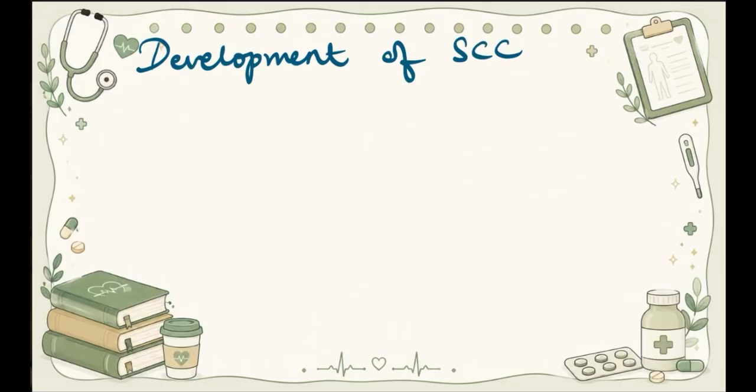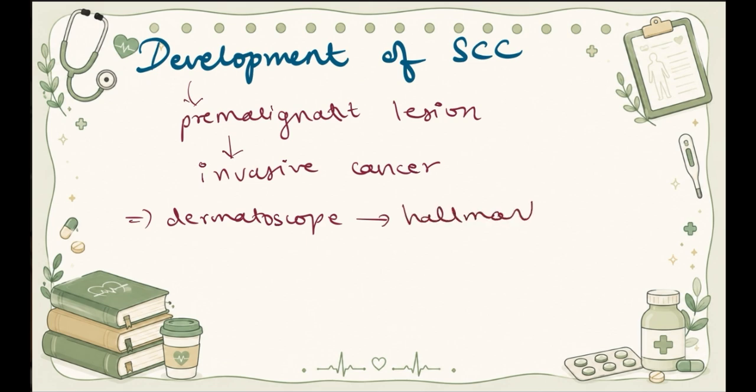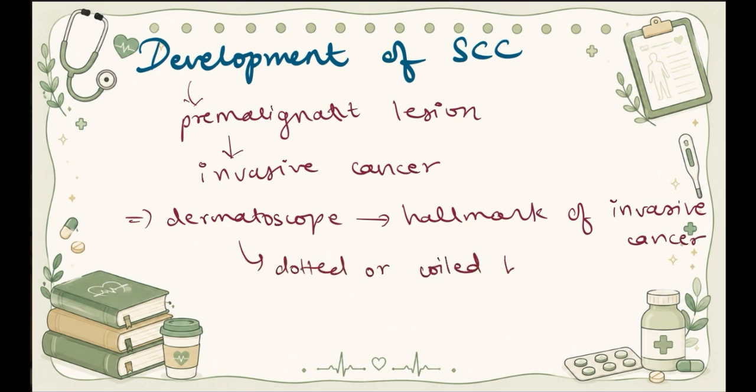Let's focus on how squamous cell carcinoma develops over time. It evolves along a continuous progression spectrum. It moves smoothly from a simple pre-malignant lesion into a fully invasive cancer. When medical professionals use a special magnifying tool called a dermatoscope, they look for a specific visual hallmark. To identify invasive SCC, they look for the distinct presence of dotted or coiled blood vessels right on the surface